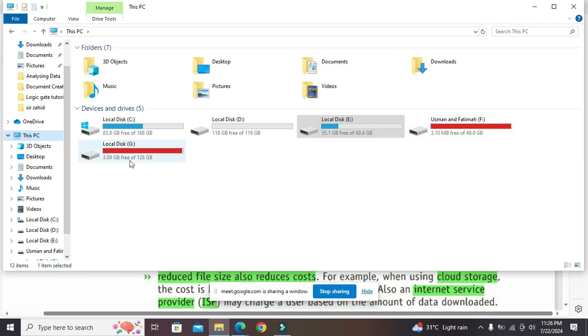And here I have 128 GB. GB means gigabyte. This is the memory unit, and byte, with capital B, represents the basic unit of memory. We know that 1 byte is equal to 8 bits, and in 1 byte we have 2 nibbles. And what is a nibble?